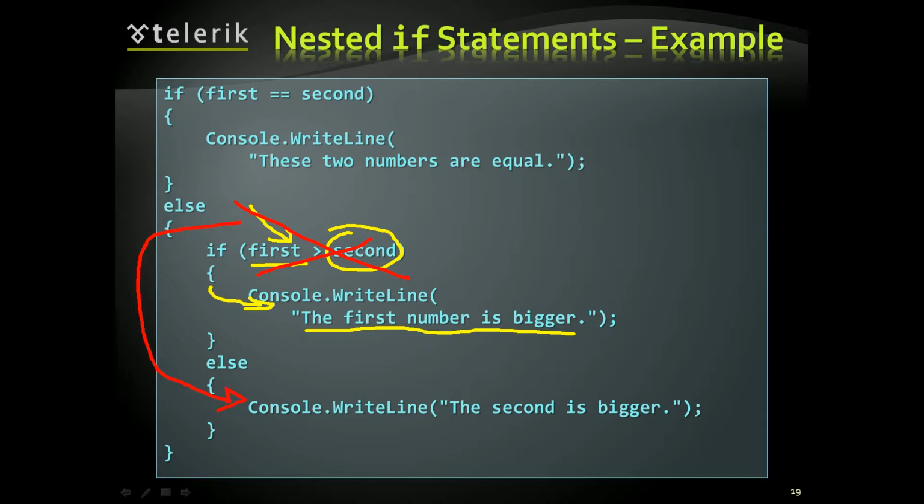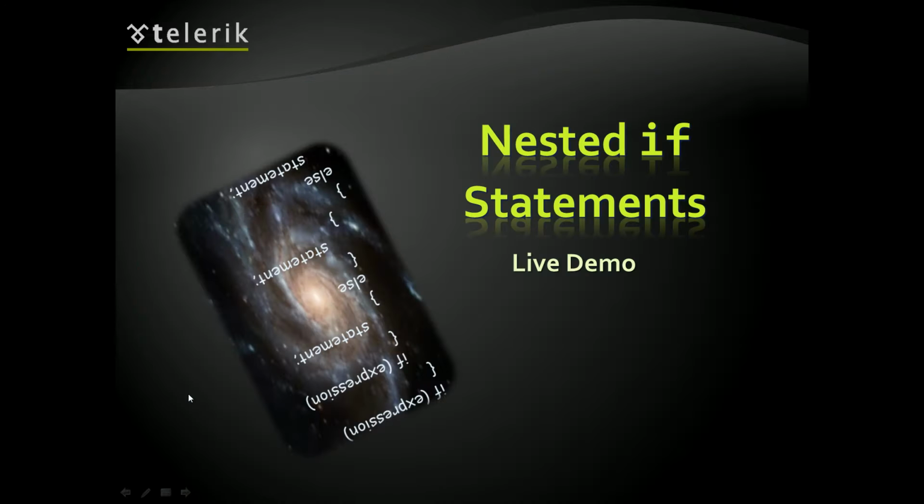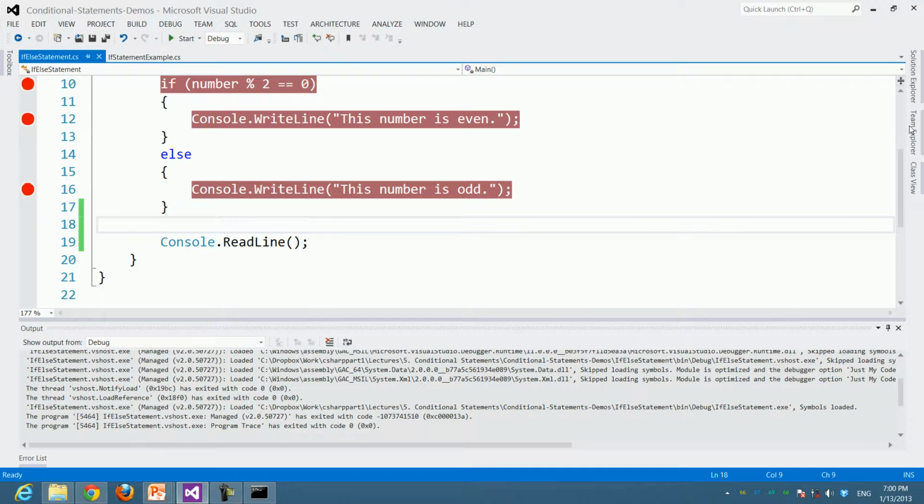the else statement. Now, why do we need nested if-else statements here? Well, basically because we have the option of the numbers being equal, and only if they're not equal, when this is not true, then we can check if one of them is bigger than the other. So that's an example of how you can use nested if-else statements, and here's a demo of